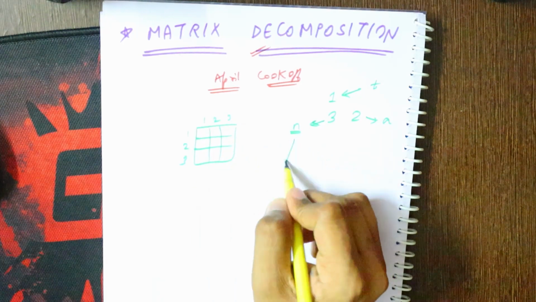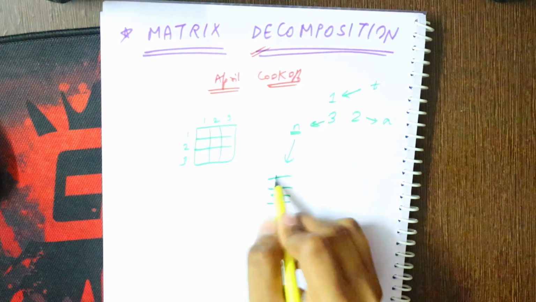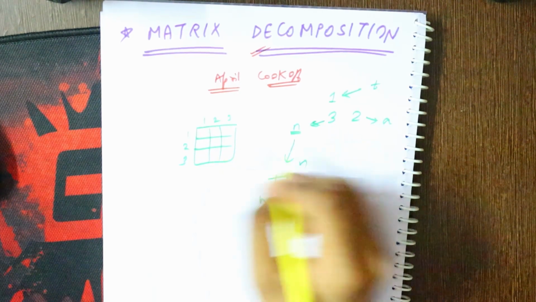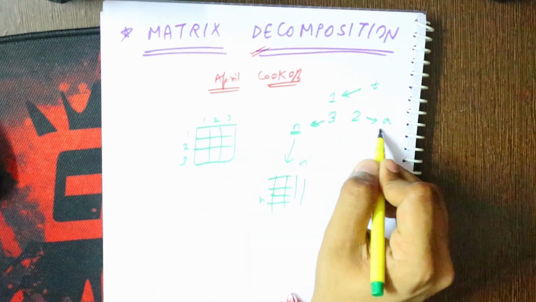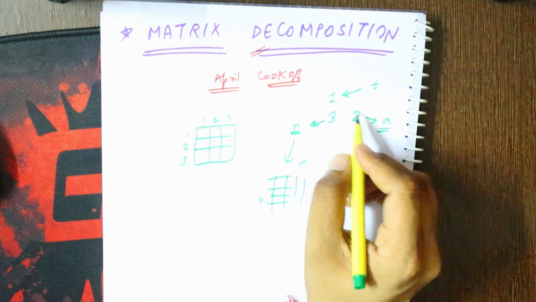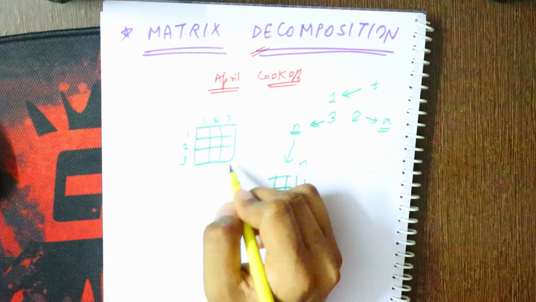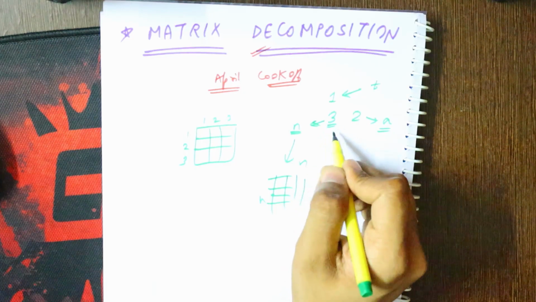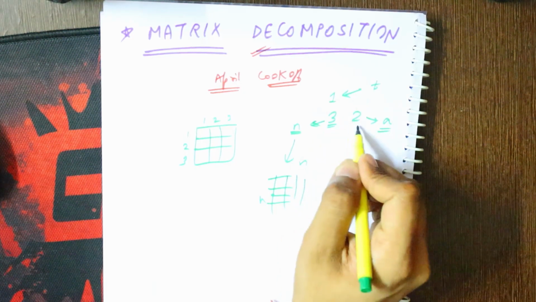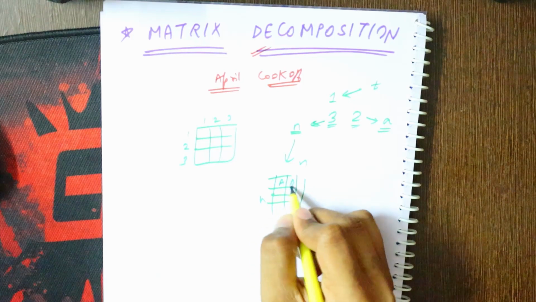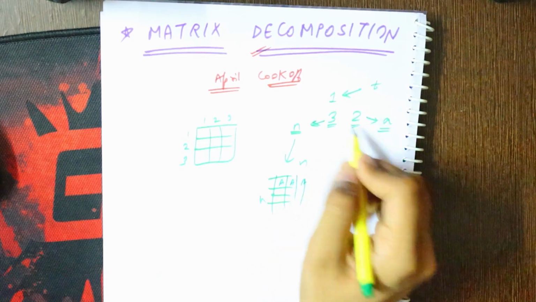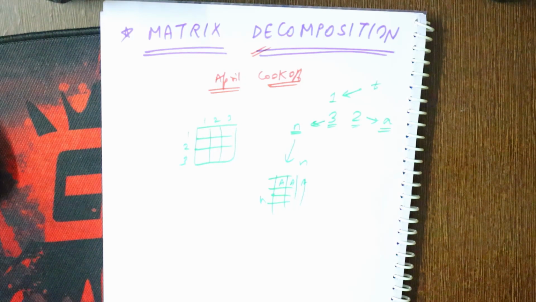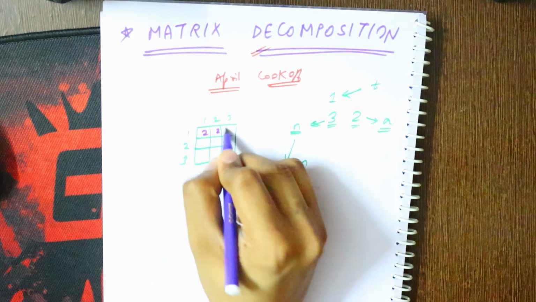So actually we will be having an N cross N matrix. The elements of the matrix will be filled with the element A. So all the elements of this N cross N matrix, which is here 3 cross 3, will be filled with the element A. So in this case it is filled with the element 2. So all the elements will be filled with an element 2.